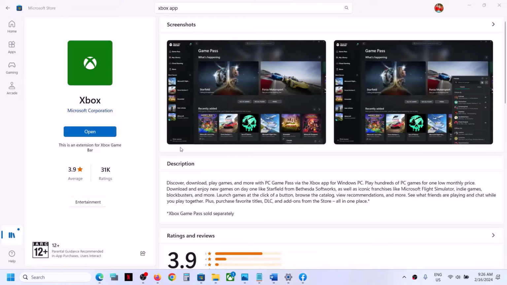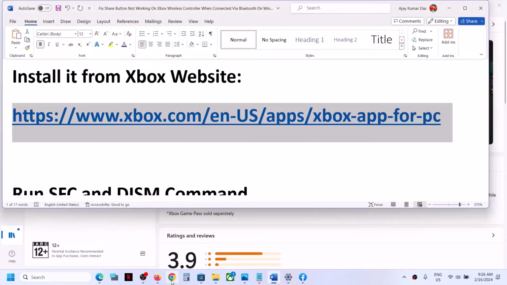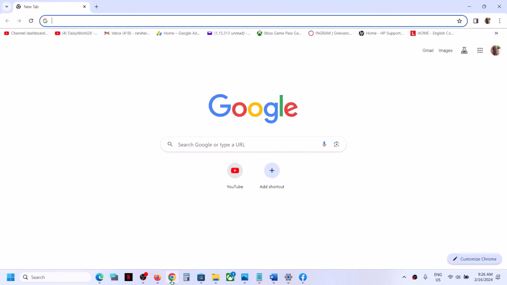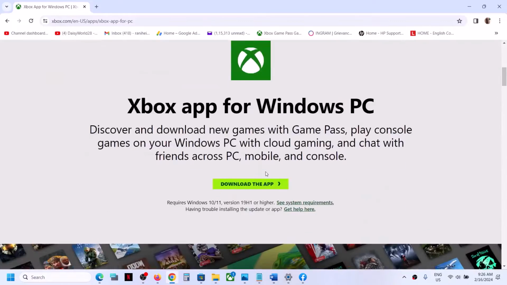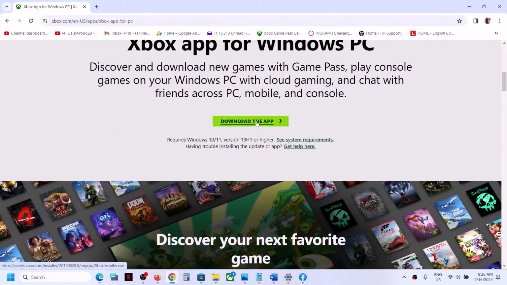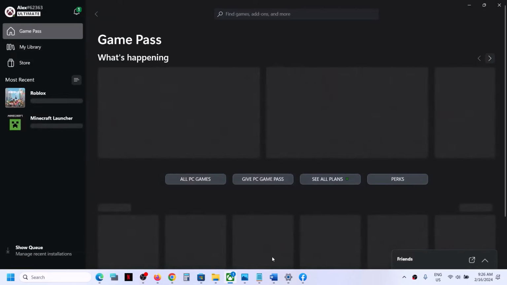So if you are unable to install it from Microsoft Store, in that case you can install it from Xbox website. You can copy this link. The link is provided in the video description. Open this link in a browser. It will take you to Xbox website. Scroll down and over here you will see download the app option. Click on it and then run this exe file. Now it will install Xbox app on your computer and you should be able to open Xbox app, but still